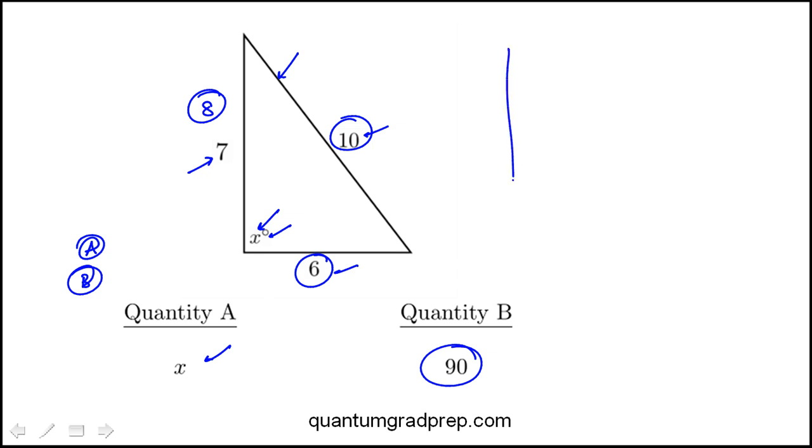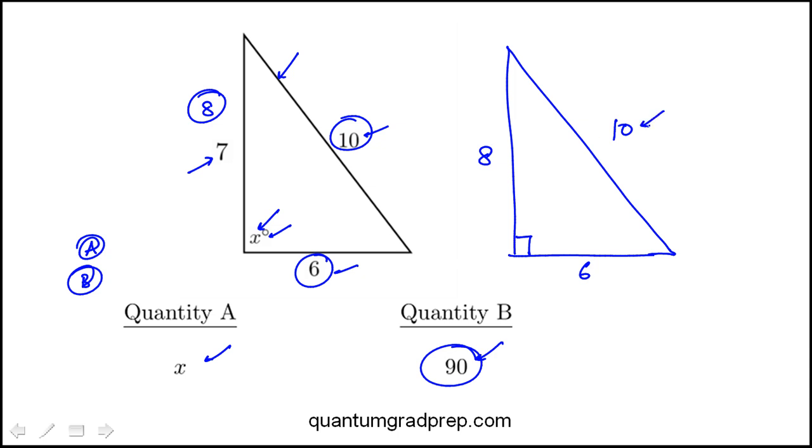And for that, you have to start with the 6, 8, 10 triangle, which is the 90-degree angle here. So 6, 8, 10. So these numbers are given as a clue, and also this choice, so you recognize that it is kind of related to the 6, 8, 10 triangle. Now what we have to see is that if we were to keep these other two sides the same dimension as this triangle, 6 and 10, what happens to the